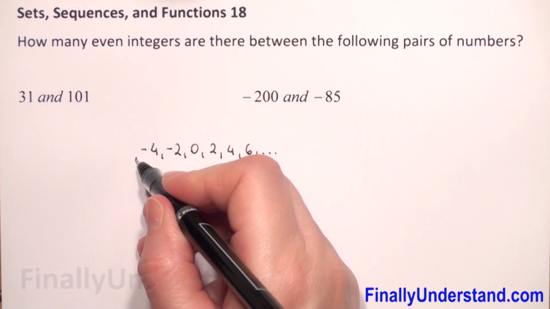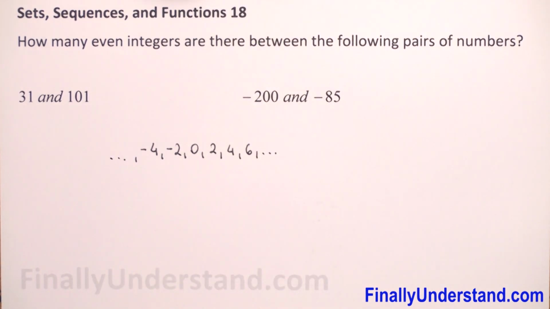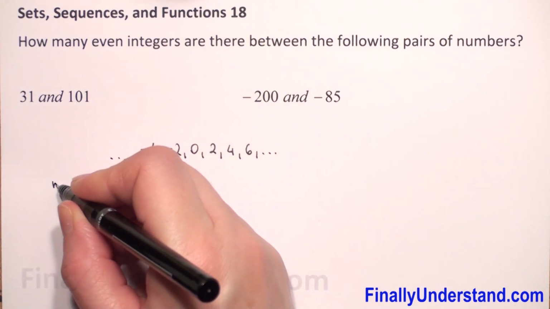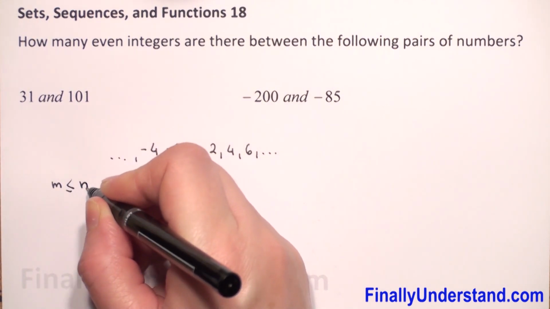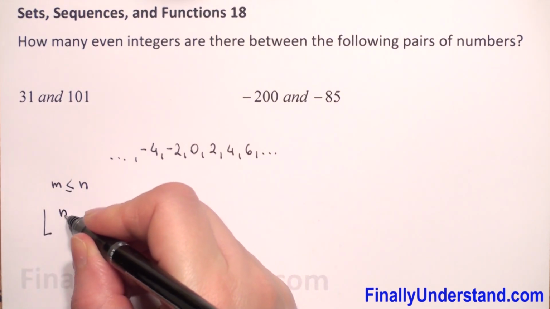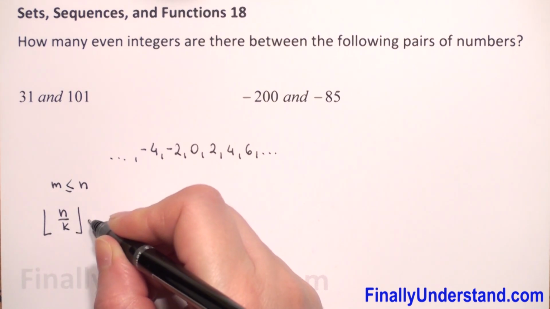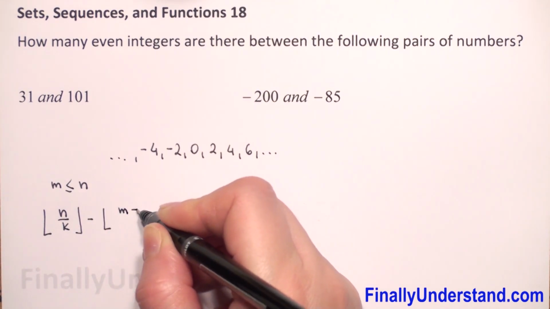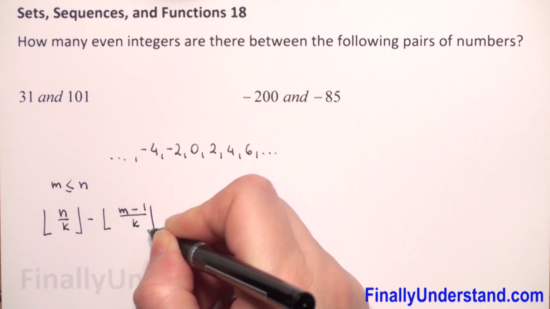We're going from negative infinity to positive infinity. Now we see that these numbers are multiples of 2. So we will use the formula that the number of multiples of k between m and n is